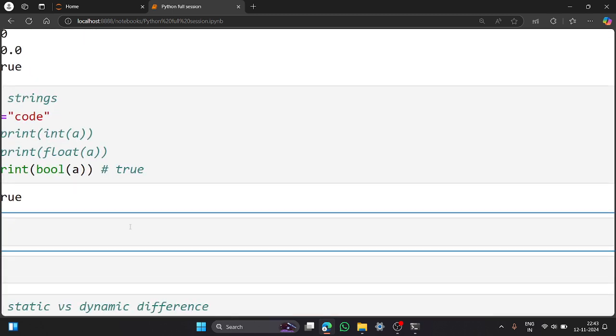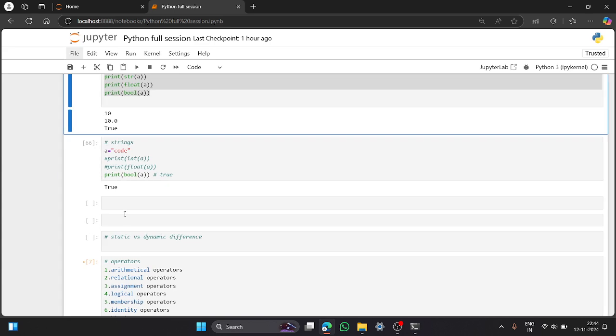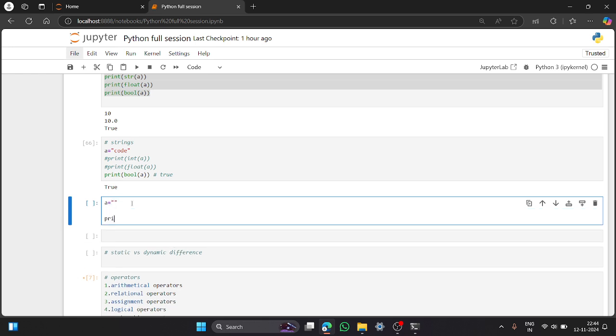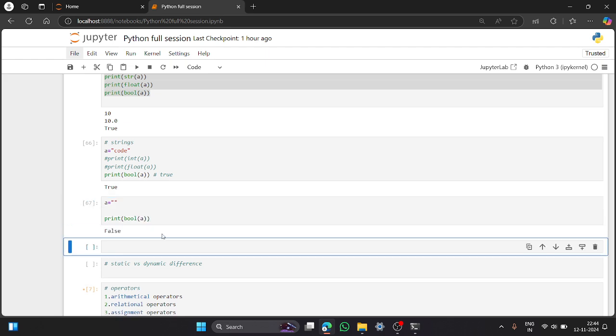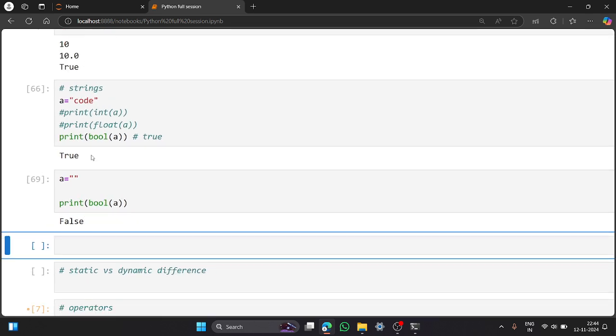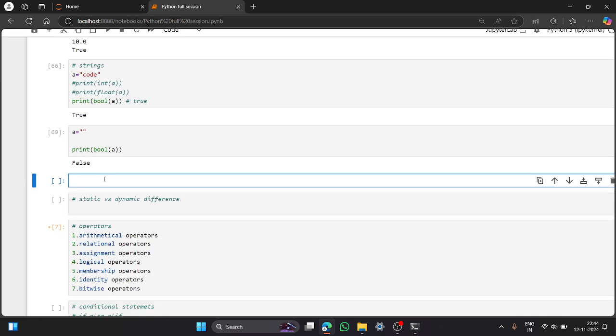now bool states that if there is anything in the a, it gives us true, and in some conditions it will give us false. Suppose you are going to have an empty string, print bool of a, it gives us false because there is nothing in the string. If we have a space, it gives us true. If there is nothing, this gives us false. We need to remember, for strings the bool has two cases. These are the two cases that we have in the bool. Okay,